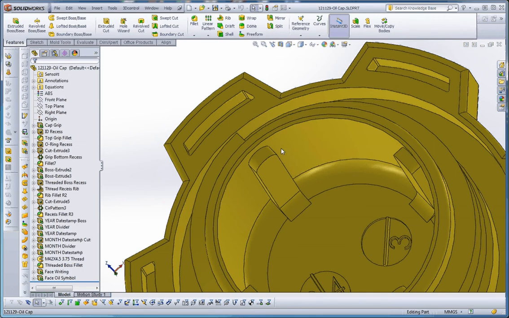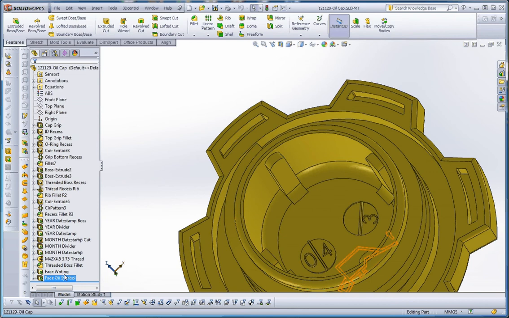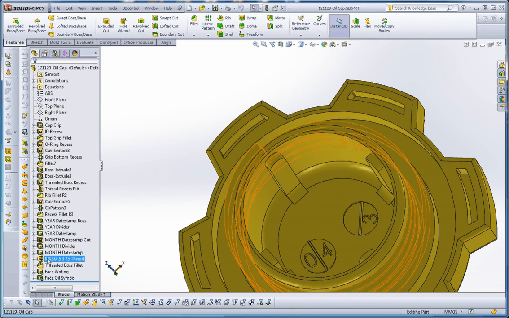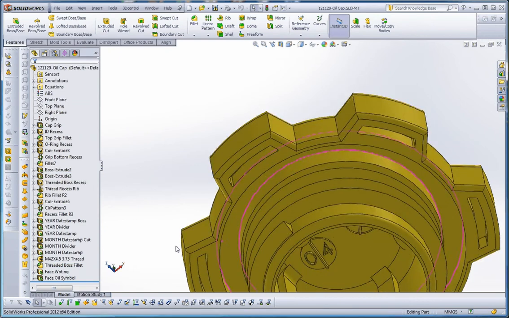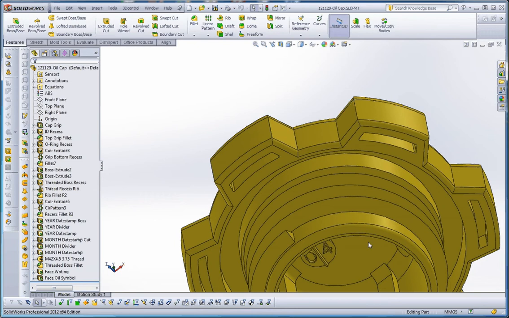And one way to avoid that is to take our rollback bar. We'll do the rollback bar here in a minute, but we're going to take both of our threads and move them up our feature manager design tree, so it's just below this boss here, but just before we put in that hole in there. So if we roll that back